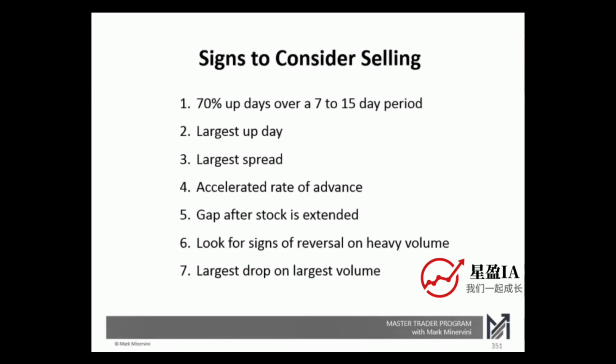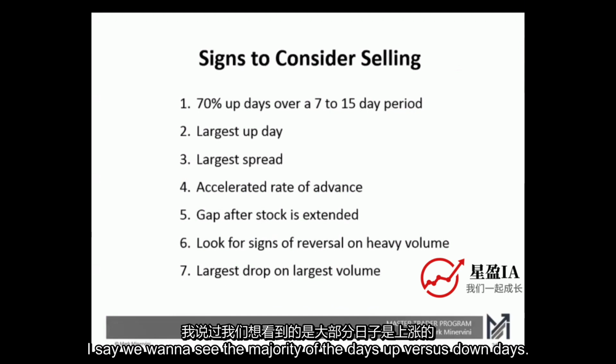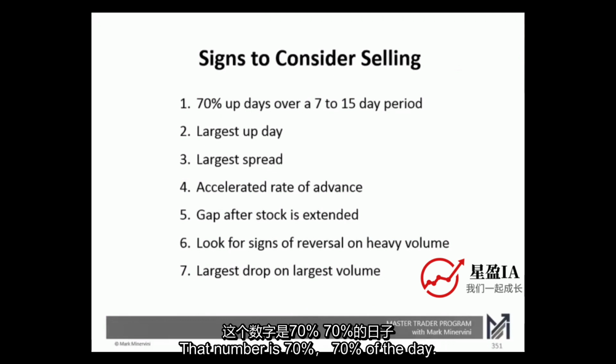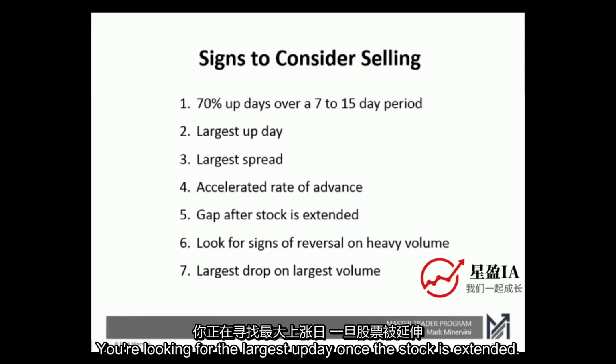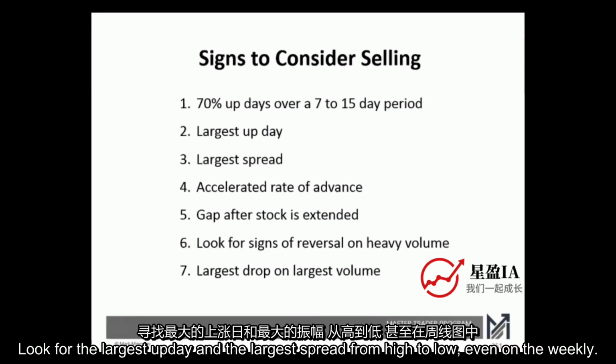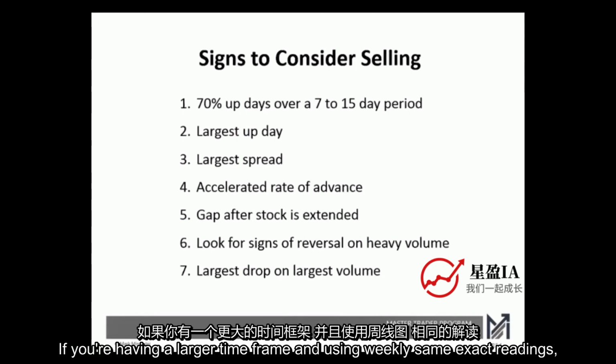So one would be if you count the days. Remember how we counted the days up from a breakout? And I said we want to see the majority of the days up versus down days. That number is 70%, 70% of the days. So if you have 10 days, you want to see 7 out of 10 days up, definitely 5 or 6 of them at least. If you've got 5 days, 6 days, you want to see 5 out of 6 days up. You're looking for the largest up day. Once a stock is extended, look for the largest up day and the largest spread from high to low, even on the weekly. This is all the same on daily or weekly. If you're having a larger time frame and using weeklies, same exact